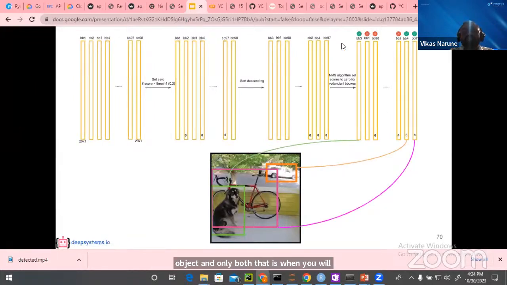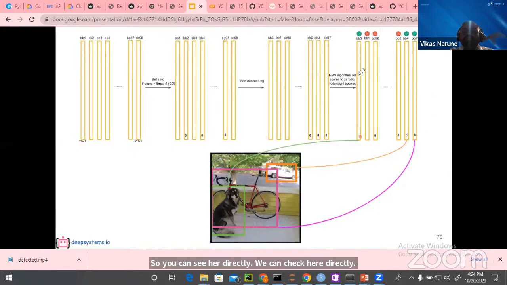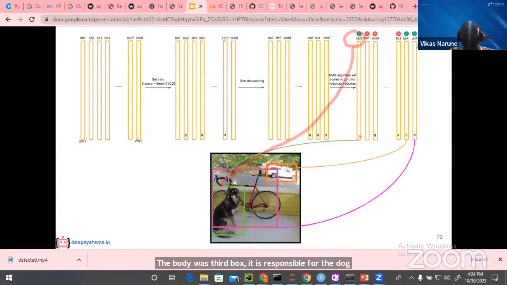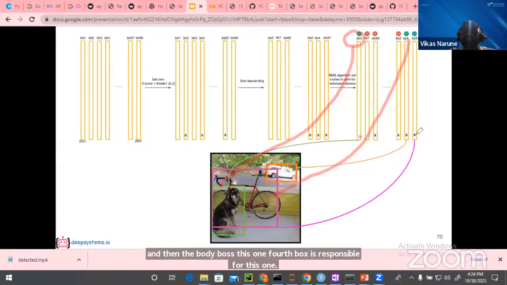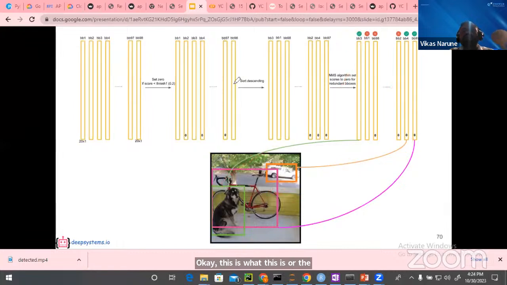So you can check here directly. This bounding box, this 97, let me show you this. The bounding box, the third box, is responsible for the dog. And then this one, the fourth box, is responsible for this one. Okay. So this one and the 97 box are responsible for this object, guys. This is what the final implementation will look like. And this is how I am going to choose my lucky three boxes out of all the